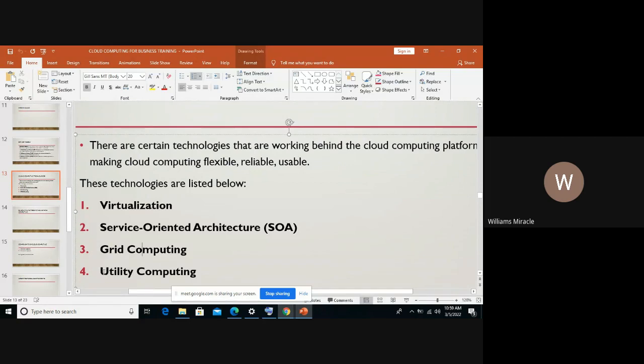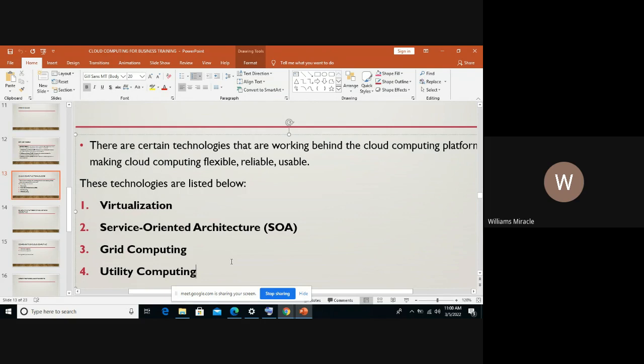So utility computing is a quick one. It's based on what I made mention of concerning the budget requirement aspect, where I said that you will be doing more of pay as you use.